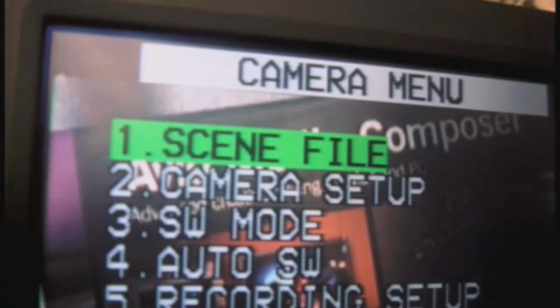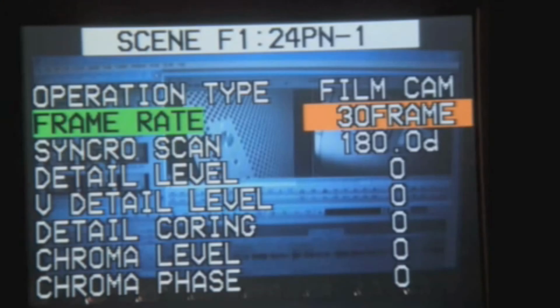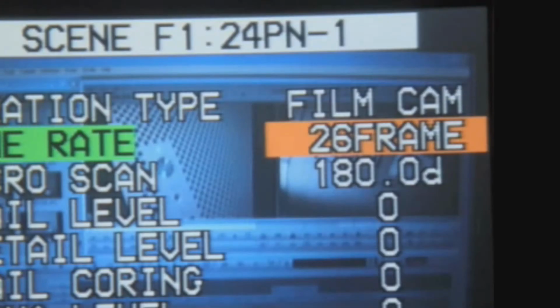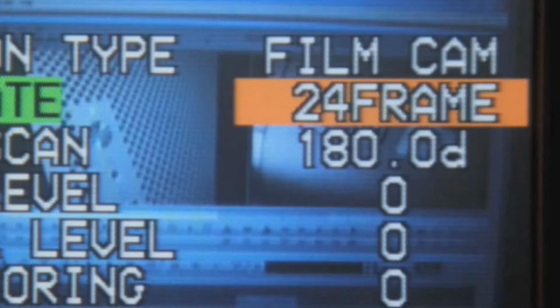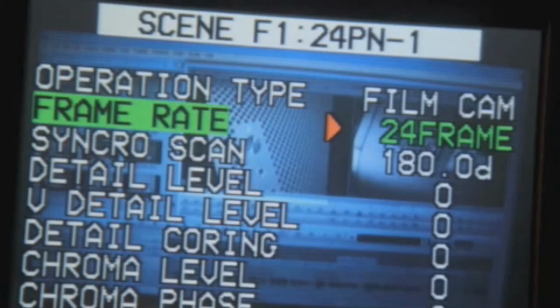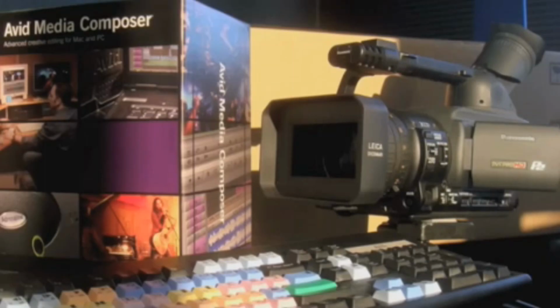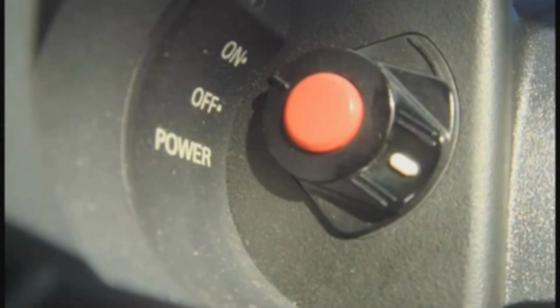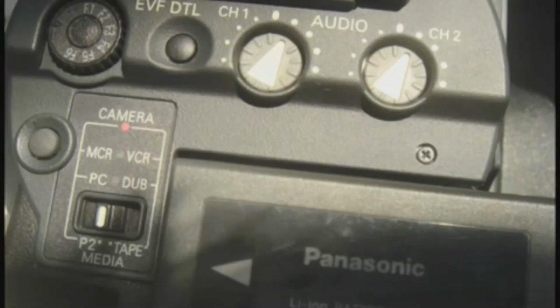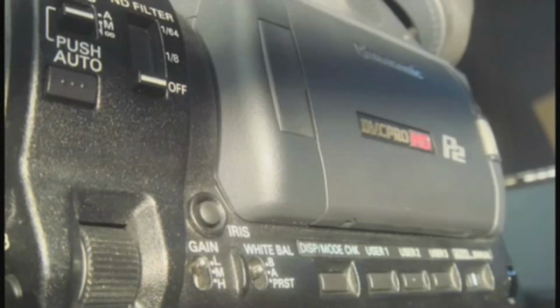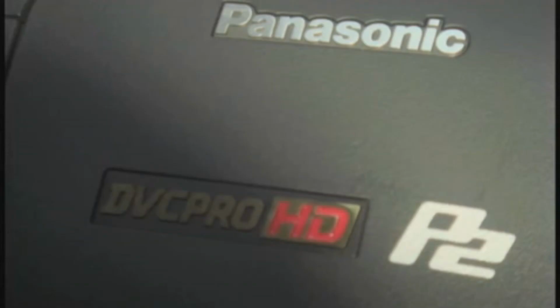And then finally, go back to menu number 1, Scene File, choose Frame Rate, and in this particular case, select 24. This is actually where you would select for overcranking or undercranking in the native mode on the camera. Now, while there are many other checks and preparations to make prior to shooting, taking these basic steps will ensure that the metadata associated with your clips is usable and complete for post-production using Avid Media Composer.